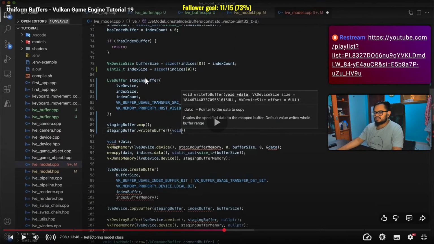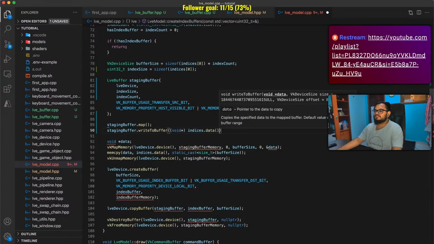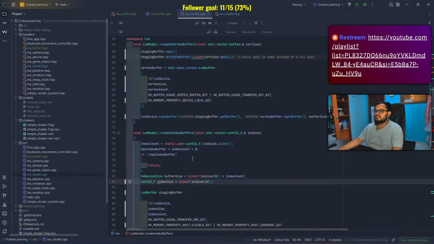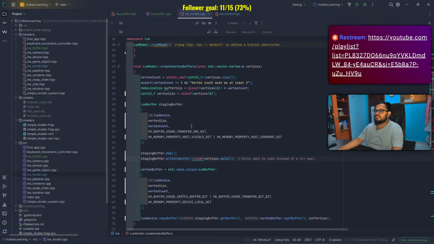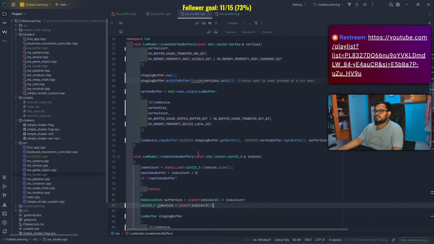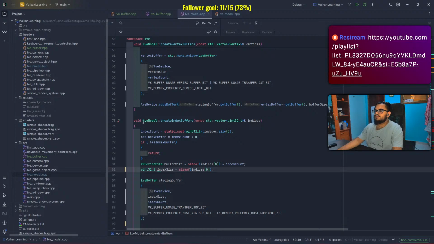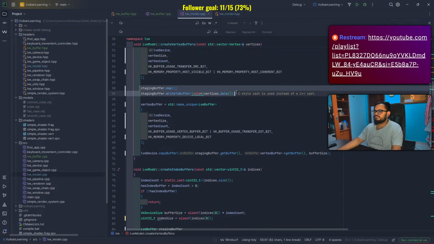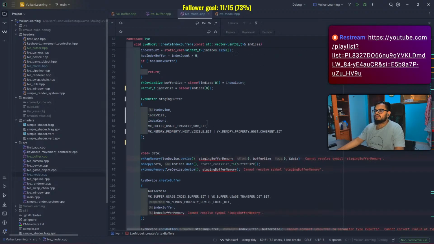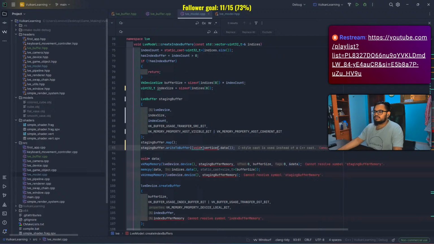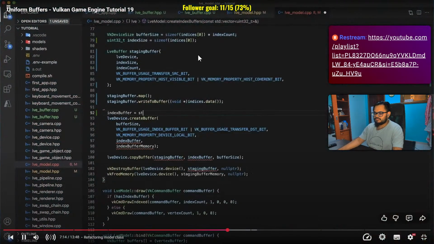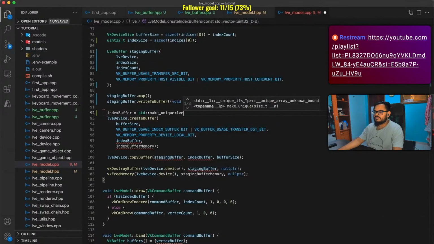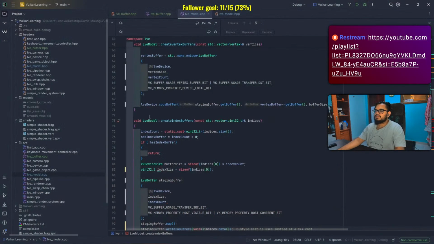Okay, let's continue with this. Where did we leave off? Okay, create vertex buffers. We did that. Now add the index buffers. Control C. Paste. Void indices data. Initialize index buffer with a make unique function. Then let's